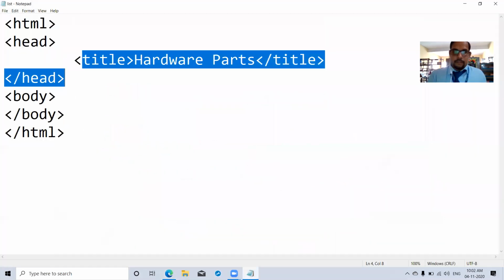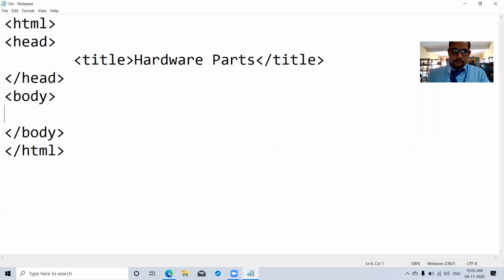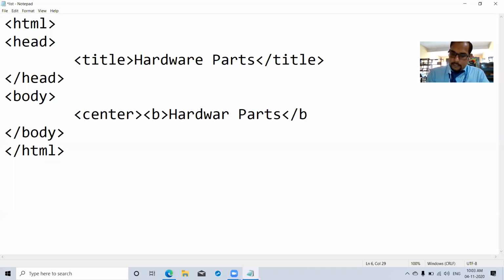Now look, in the body tag I want to write something like center. This is the center tag, meaning it will appear at the center. And then the B tag is to make our text bold. Hardware parts, and then close the B tag.